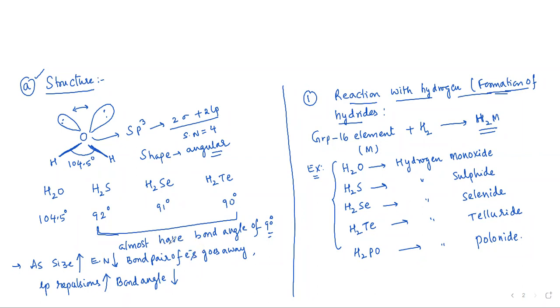So almost all of the remaining hydrides have a bond angle of 90 degree. What does it mean? The orbitals used for bonding are closer to pure p orbitals. Whenever they have a bond angle of 90 degree, the orbitals used for bonding are close to pure p orbitals. That is about structure first. Remaining properties will also be discussed. Please copy.